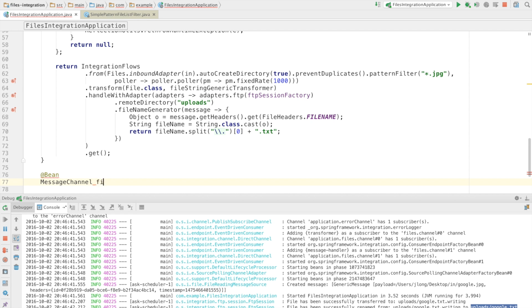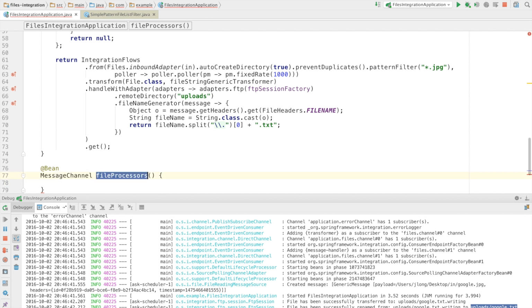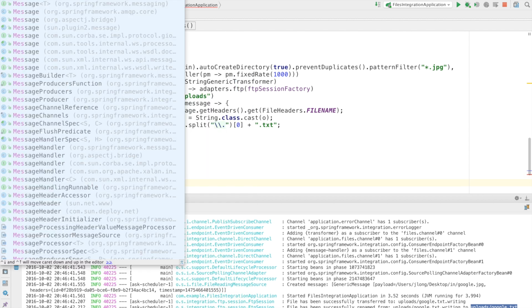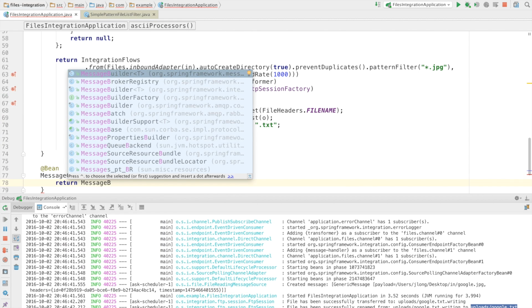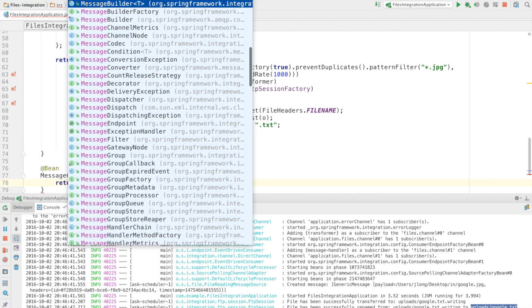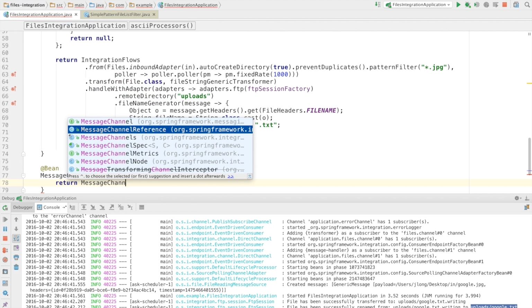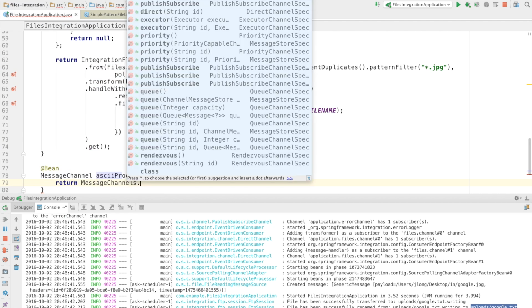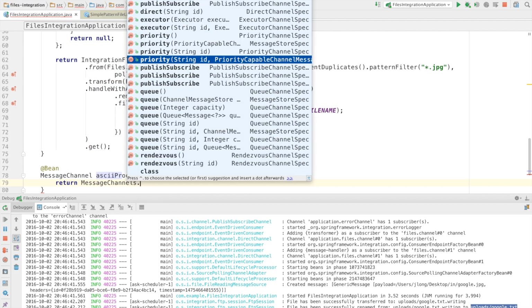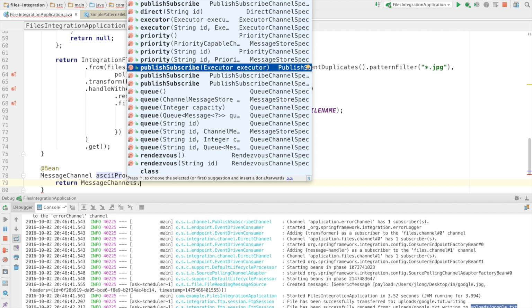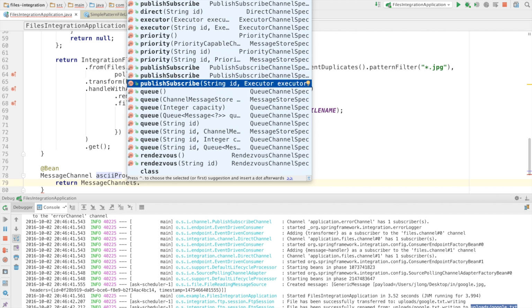The file processors, I guess, or ASCII processors. That makes more sense, doesn't it? So we'll call these the ASCII processors, and we're just going to return a message channel. And again, a message channel has no implied functionality by default, right? It's just a named conduit. It's like a Java util queue in the common case, right? So I'm going to build a publish subscribe channel,